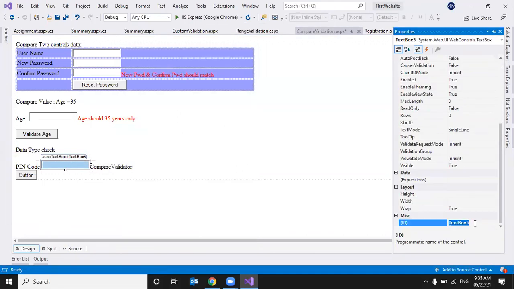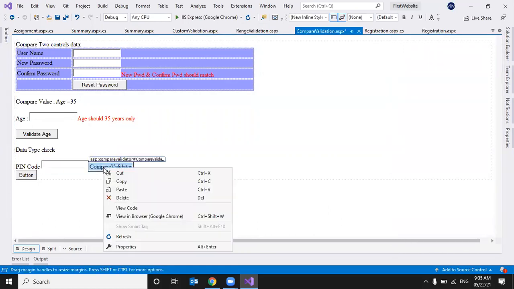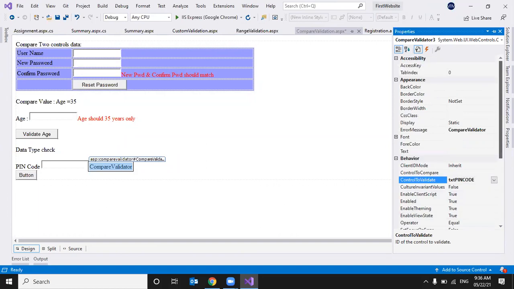My text box ID is text box 5, so I'm changing it to txt pin code. Now I'll go to the compare validator. Control to validate is txt pin code, and text is please enter only numbers.